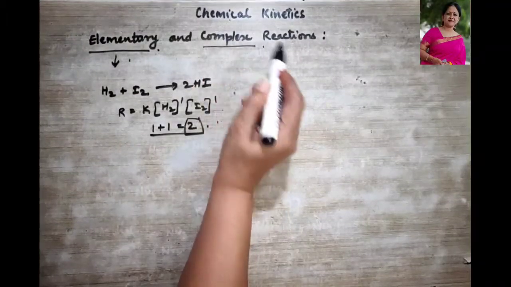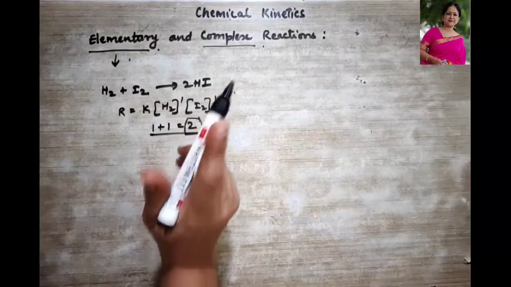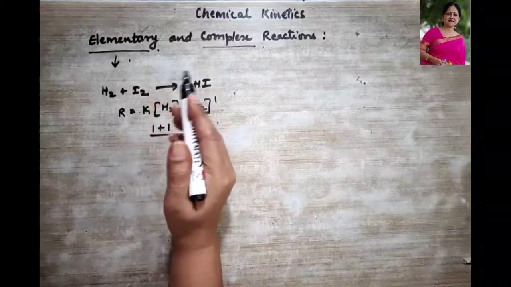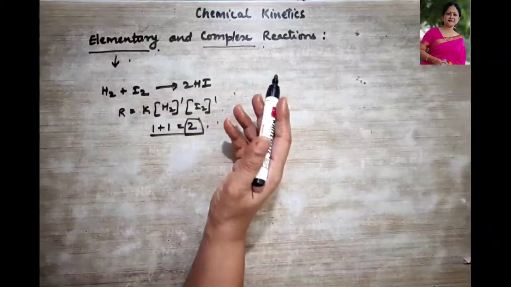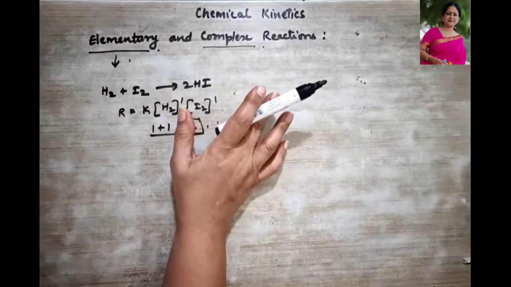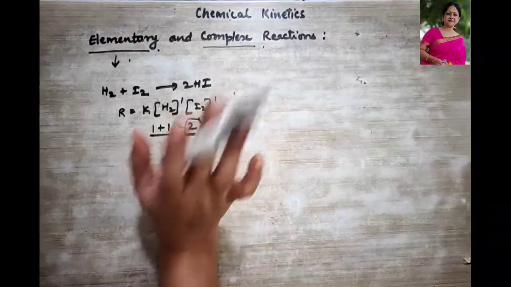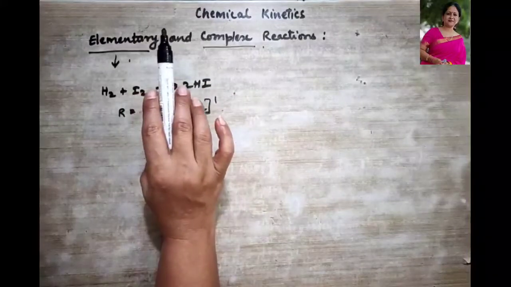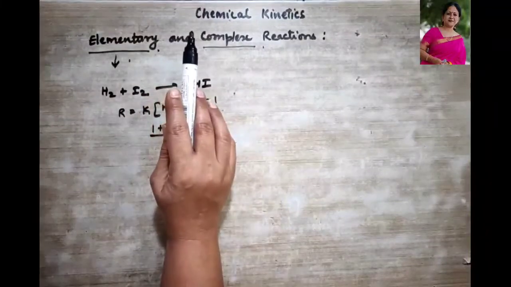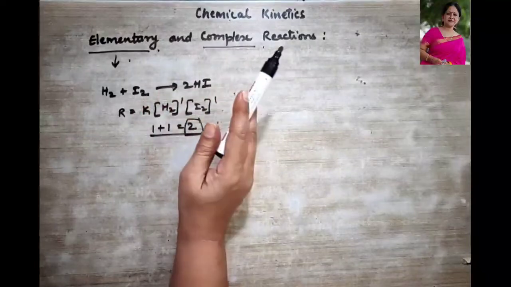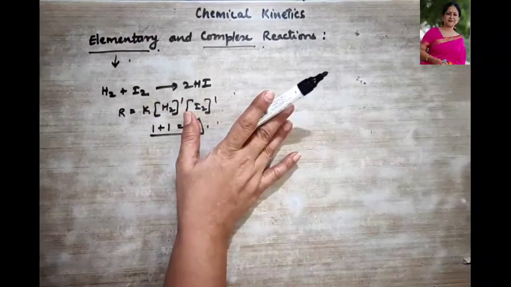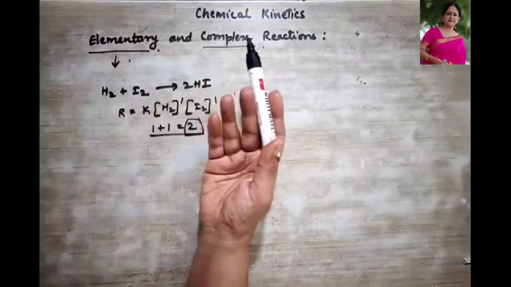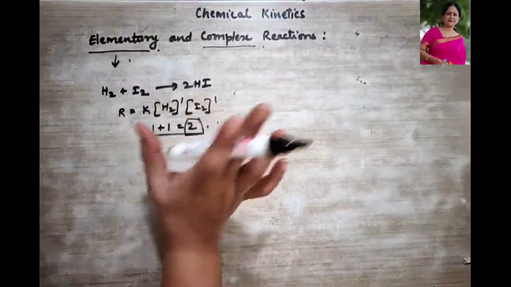But what are then complex reactions? The reactions which take place not in just one step, but in two or more than two steps, are termed as complex reactions. Then each step of a complex reaction is an elementary reaction, right? And the slowest elementary step is the rate determining step. Fine. So complex reactions cannot be identified just by looking at a balanced chemical equation.